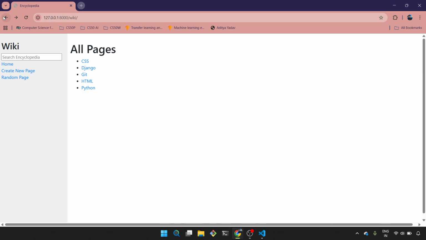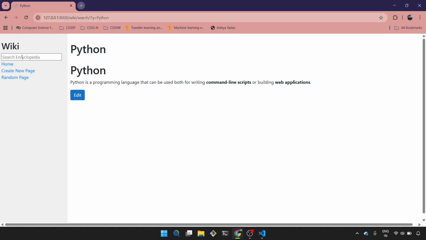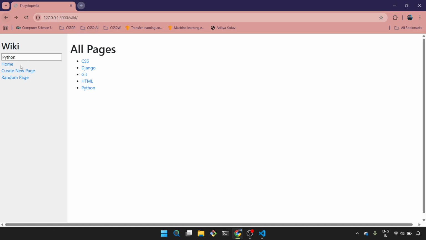The next part is our search feature. Here is our search feature. Now if I search Python, it will redirect me to the Python file. And again, if I search